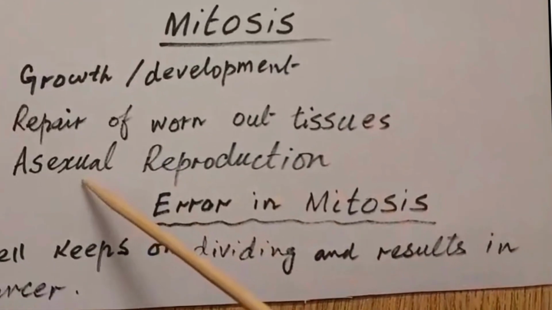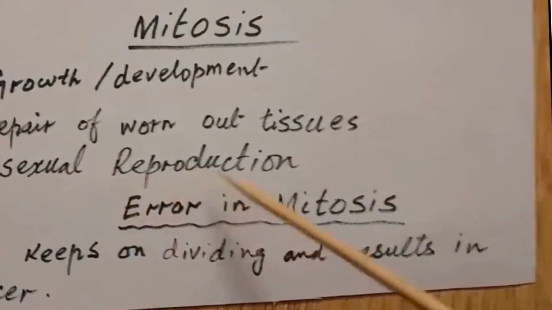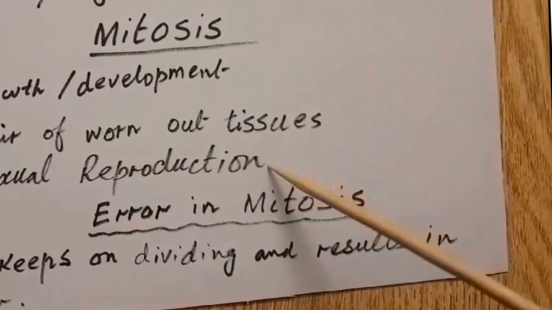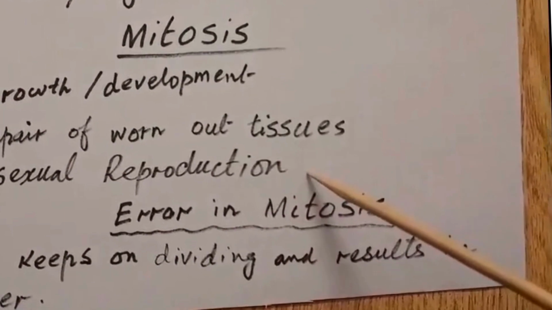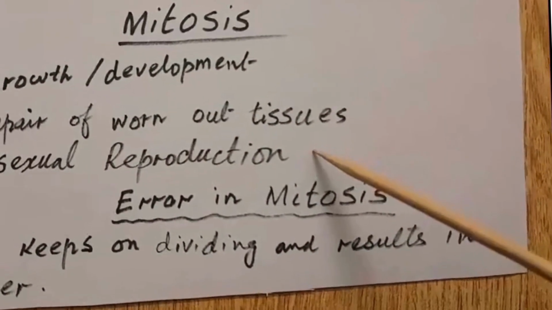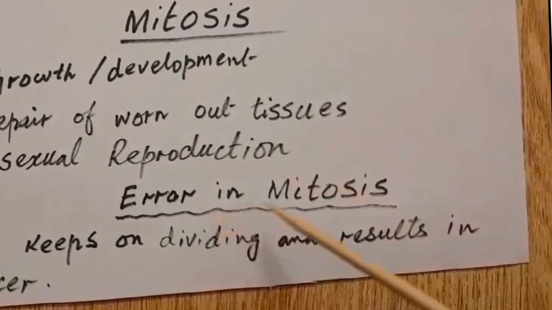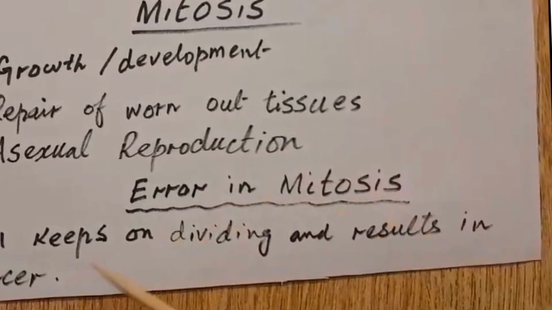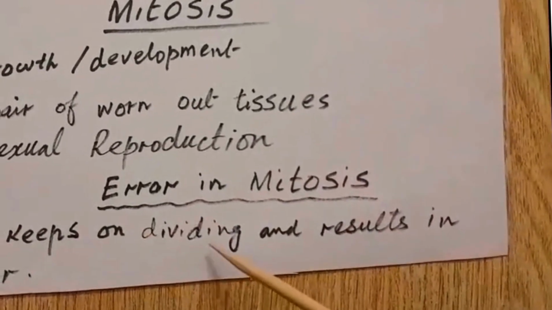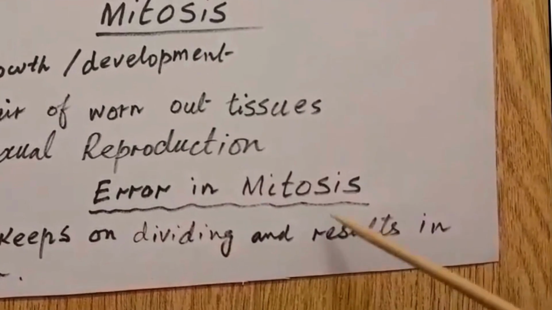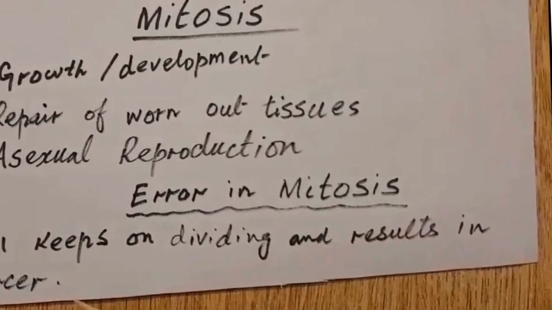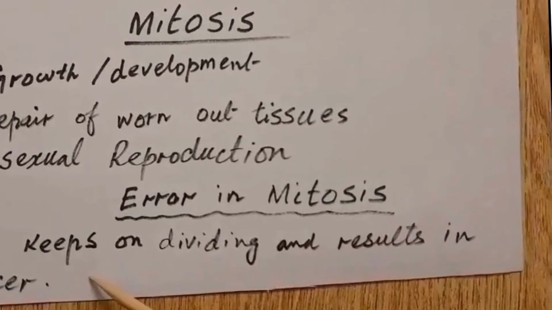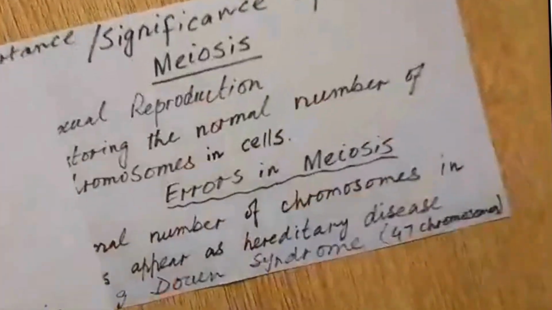Mitosis is also important for asexual reproduction. For example, some plants like potato, onion or garlic reproduce asexually. But if an error in mitosis occurs, the cells will keep on dividing, and this will result in a lump of cells or tumor that will appear in the form of disease called cancer. So importance of